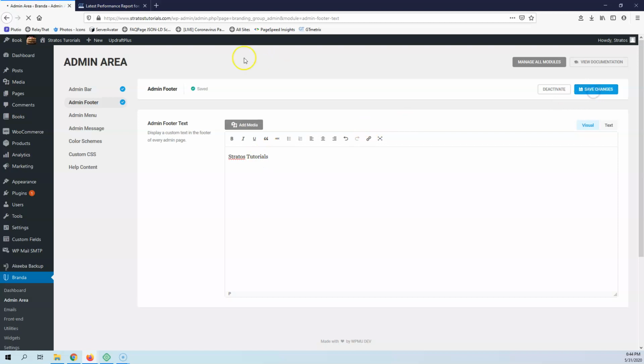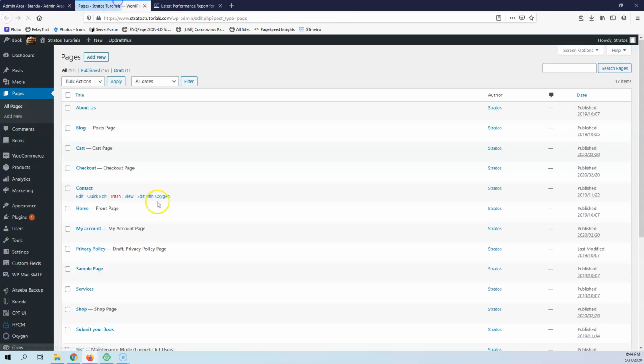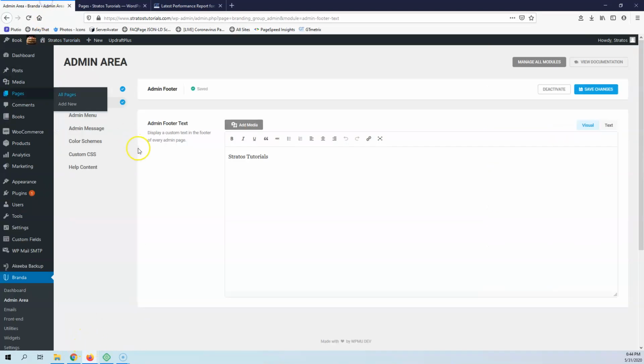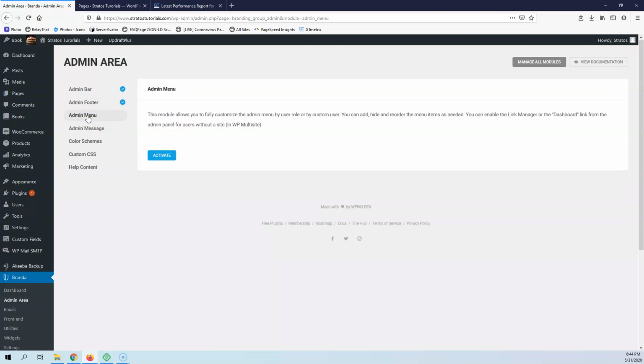I'm going to save that, and I'm going to go to a new page or somewhere else. Let's go to all pages, and we're going to see the Stratos Tutorials appearing right here in the footer. So you can add everything that you want here. Next, we have the admin menu, and let's